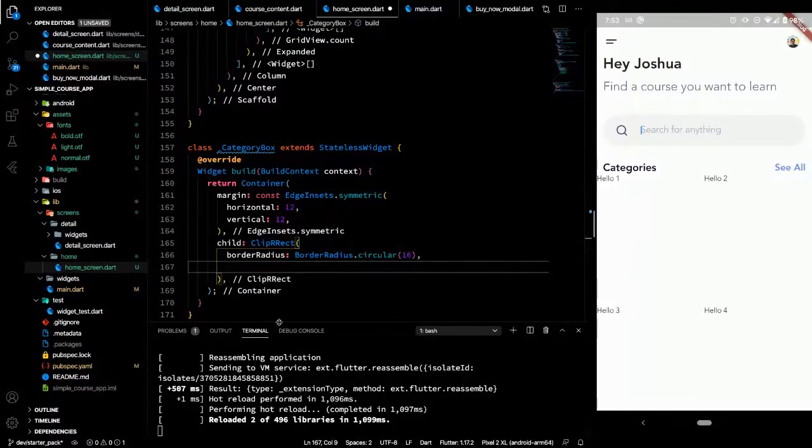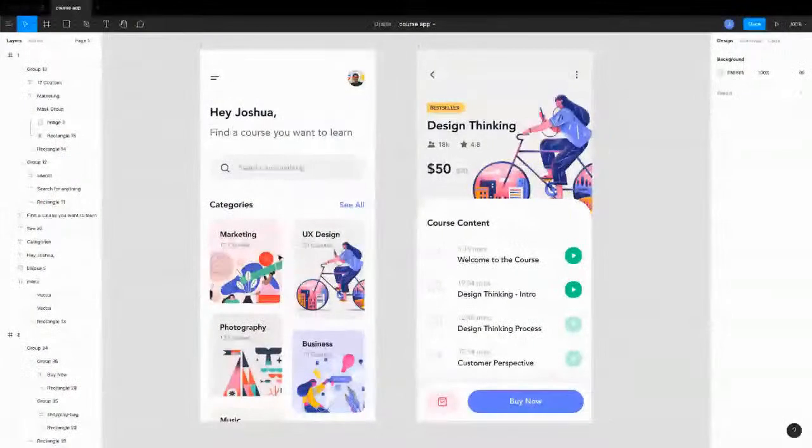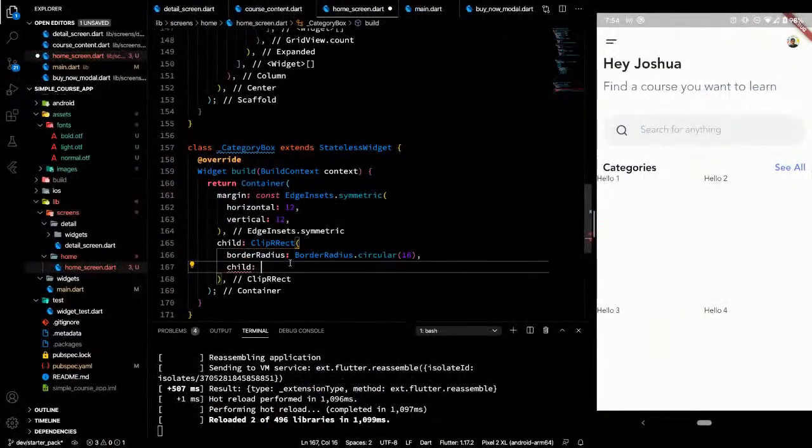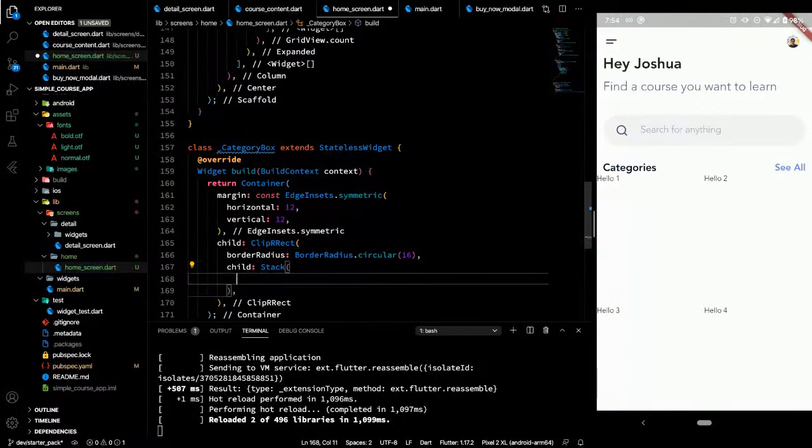The child that we want to have here, we've used Column, we've used Row, you've guessed the third, we will be using the Stack widget. As you can see here, these are three widgets overlapping with each other. The first one is the image, the other one is the text, and the second label. So we'll start with Stack. You have to add the image.